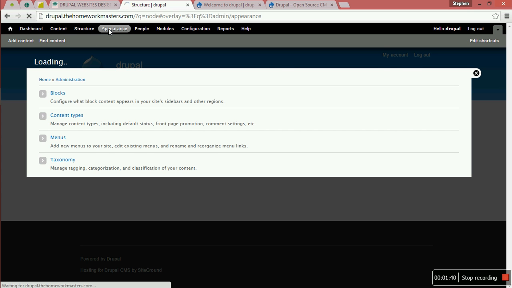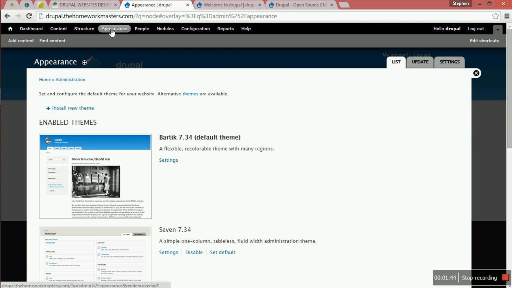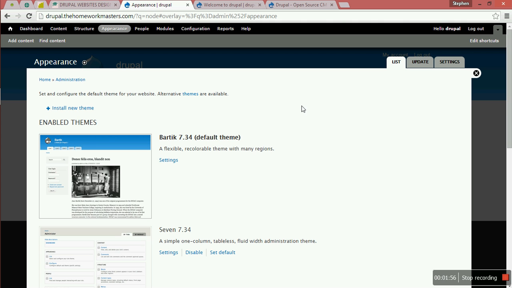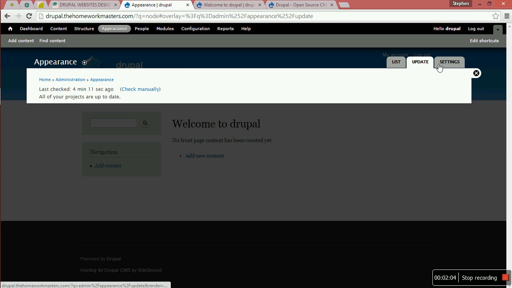And the next one is the appearance. Appearance is where you'll be having the theme, because the way the site is appearing here, it is appearing because we have used the theme. So if you want to install a new one, you can install. If you want to update, you click there, update. I'm going to show you. All projects are up to date. If you want to have settings,